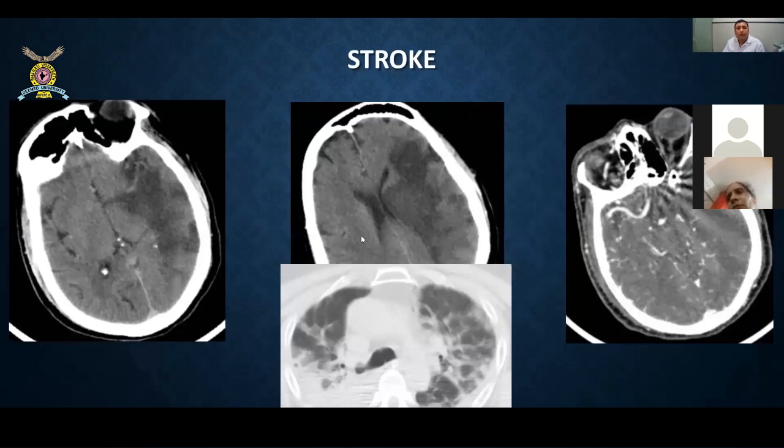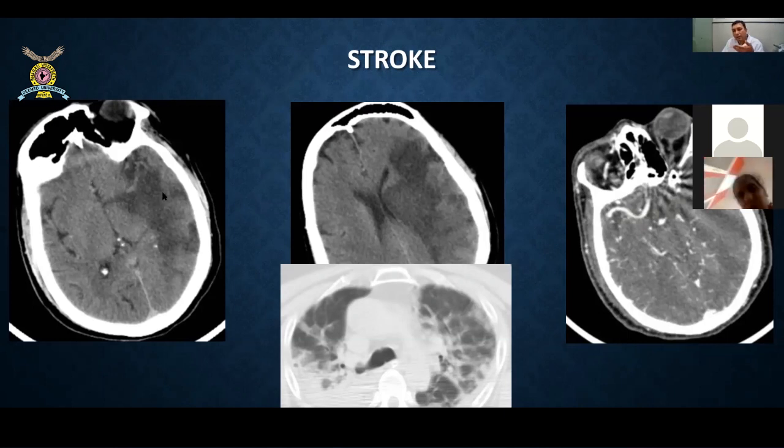This patient initially presented as a stroke, and the stroke protocol was run. The CT scan showed a wedge-shaped hypodensity involving the gray and white matter of the temporal lobe, frontal lobe, parietal lobe, and basal ganglia, with mass effect on the lateral ventricle. And this is the CT angiogram image, which showed absent opacification of the left middle cerebral artery. So this is the occlusion of the left middle cerebral artery, producing an acute left MCA territory infarct.